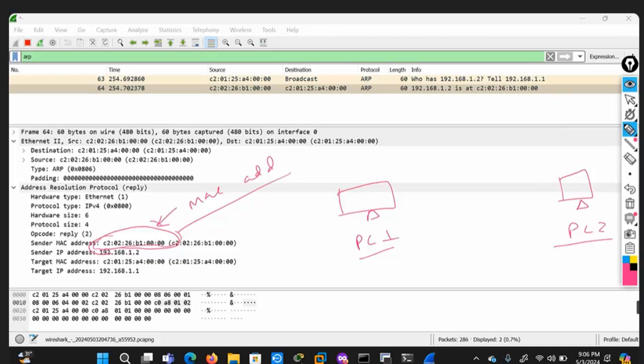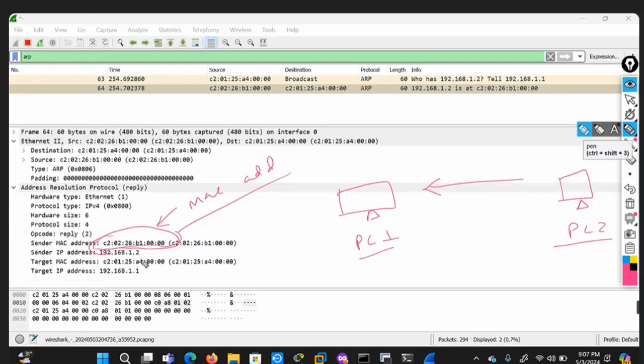Can you tell me from where the traffic is generated, PC1 or PC2? We ping from PC1 and the ARP request is sent from PC1, and the ARP reply message should be sent from PC2. So this packet is generated from PC2. The ARP response will be from this PC2. And the source MAC address belongs to PC2, right? Yes, thank you. You are correct.